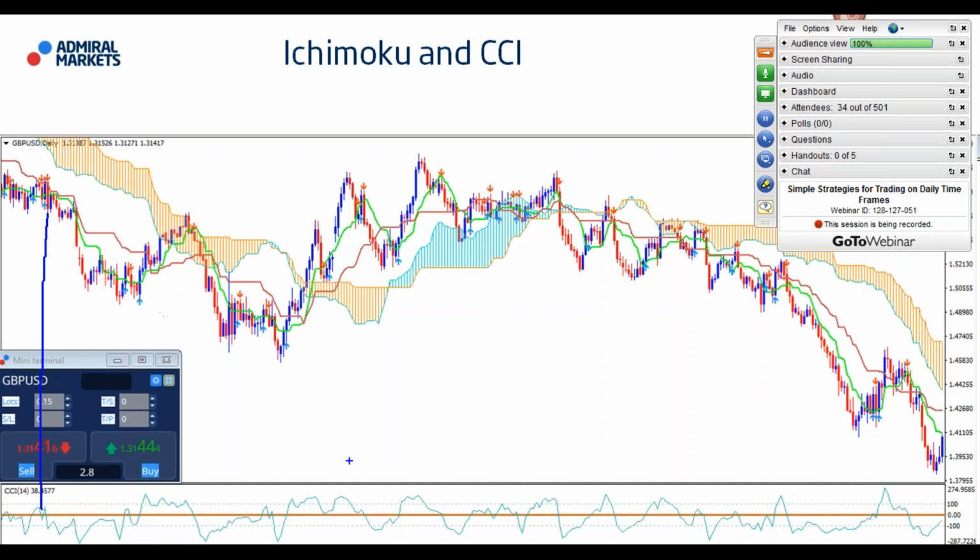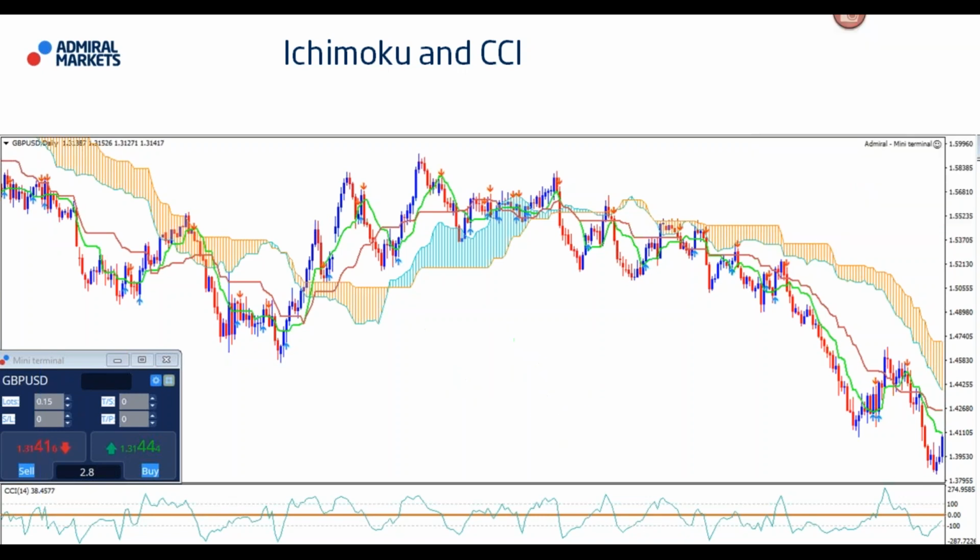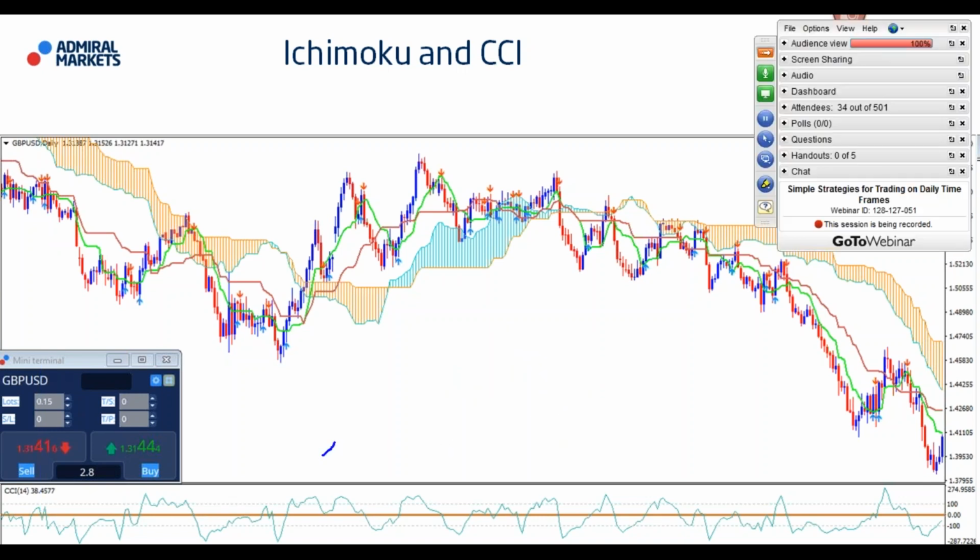All right, so ultimately what it's all about is identifying trend, waiting for pullback, and trying to take the trade as it completes the pullback and starts moving into the new trend direction. All right, in an uptrend it would look like this: trend, pullback, continuation, and the idea is to trade the first start of the continuation.